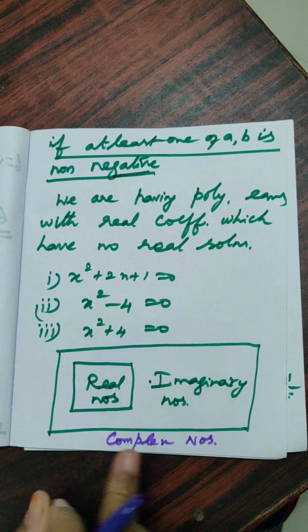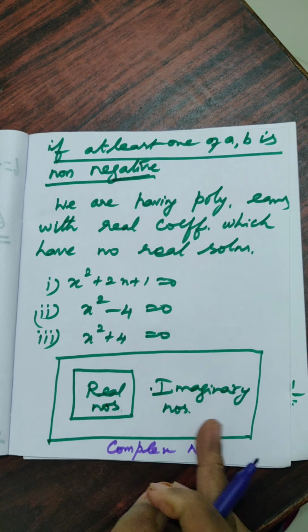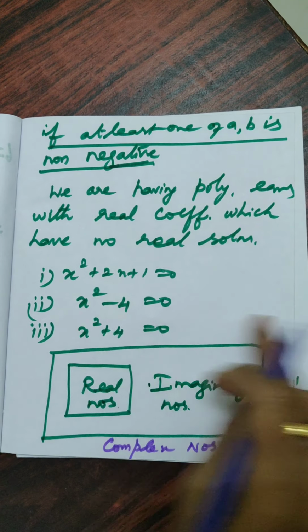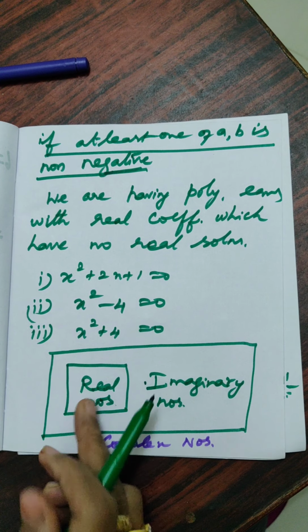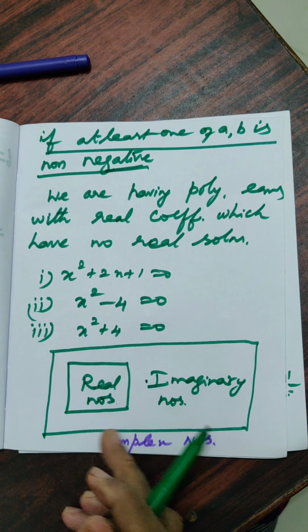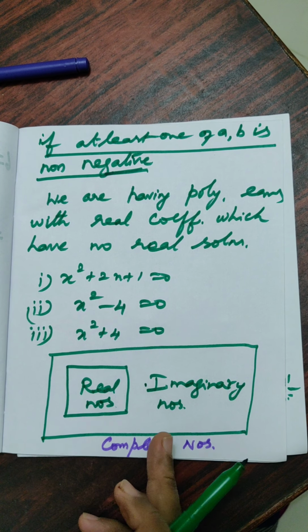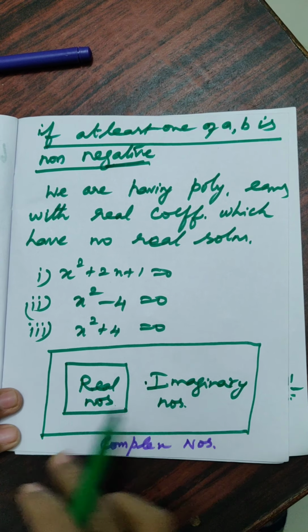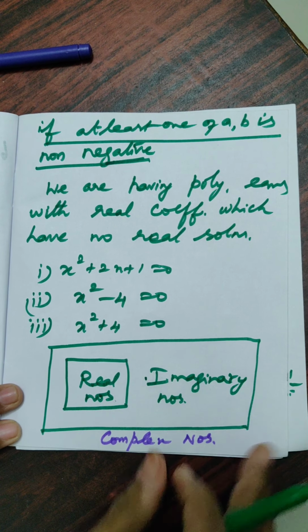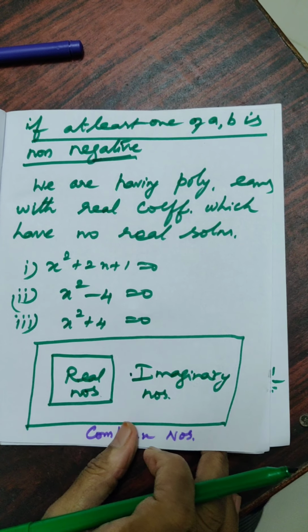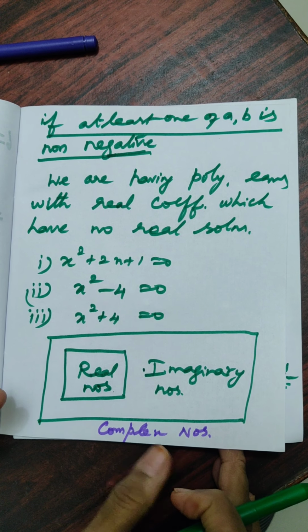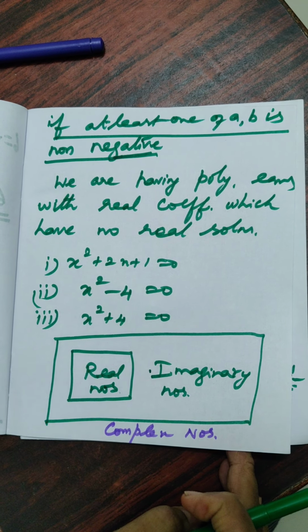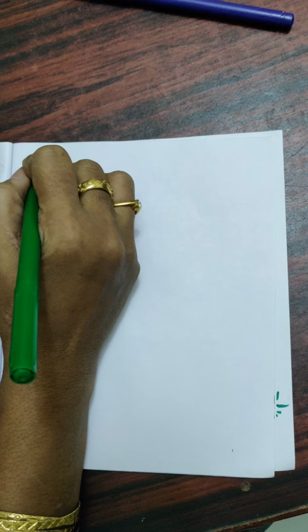Complex numbers are nothing but real numbers together with imaginary numbers, giving the full number system, that is our complex number system. The real number system consists of natural numbers, whole numbers, integers, rational numbers. With the imaginary numbers, we get a new number system, called the complex number system. I think you can understand up to the power of i and what a complex number is. Now let us see some more examples.